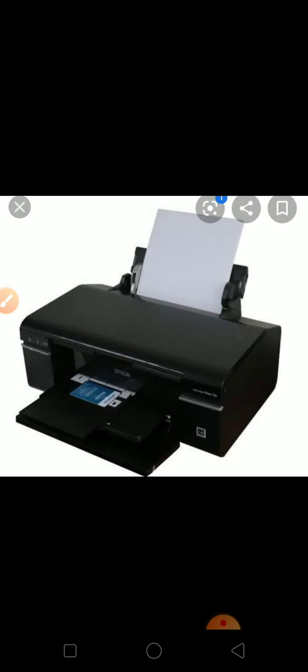It prints the output of our work on paper. So children, you might have seen this printer at computer shops, Xerox shops, and at your school also. Whatever data is in the computer, if you want to take its hard copy, then you use this printer. Whatever data you want, it will be printed on paper and come out. So this is an output device.